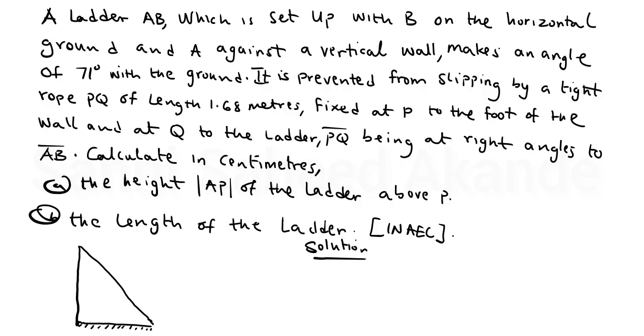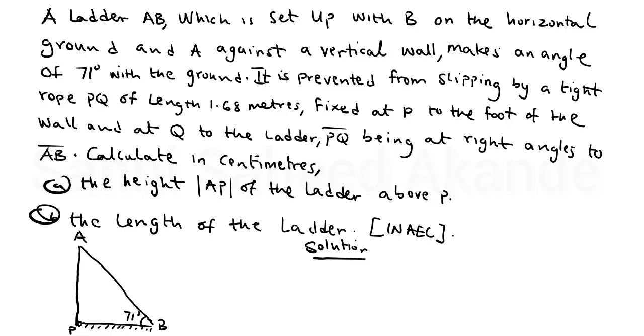So my ladder is AB, and then the wall is AP. Understood? So let's read further. They said it makes an angle of 71 degrees with the ground. So that is, this point now is 71 degrees. Is that understood? So they now say it is prevented from slipping by a tight rope PQ of length